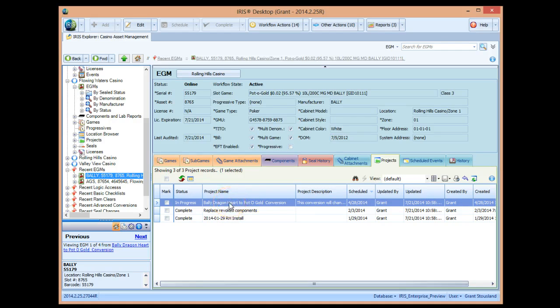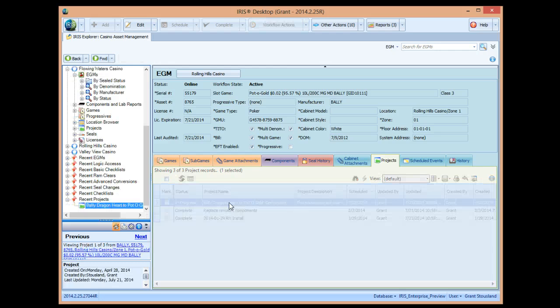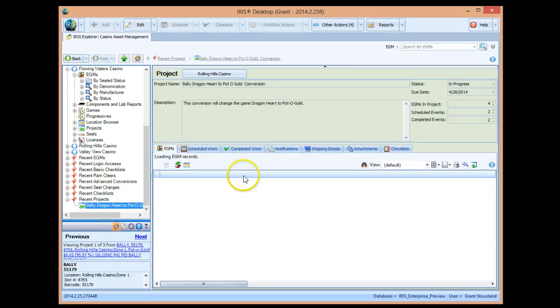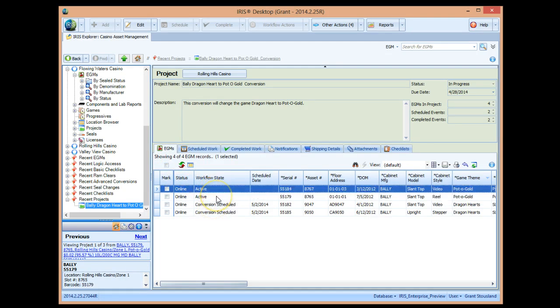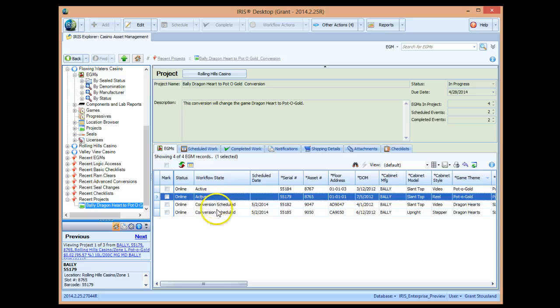If I click on this project, it'll now take us to the project, and we can see that there are 4 EGMs that are members of this project. 2 of these have the conversion completed already, and 2 are still in process and have to be completed yet